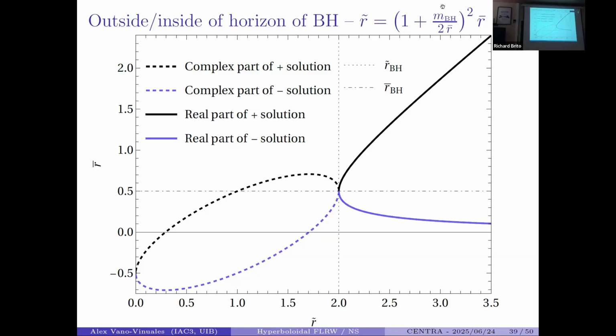Just to illustrate this, this is the relation for a Schwarzschild black hole of mass 1 between the areal type or Schwarzschild radius and the isotropic radius. And if you plot this in terms of the Schwarzschild one, you get this solid line here. But that solid line only covers the outside space from here. I'm saying m equals 1, the Schwarzschild radius is 2m. So this is only what you covered in the real solutions to this equation. But I also needed the information from inside of the horizon,